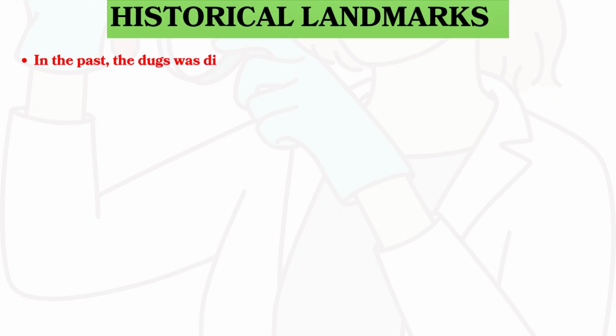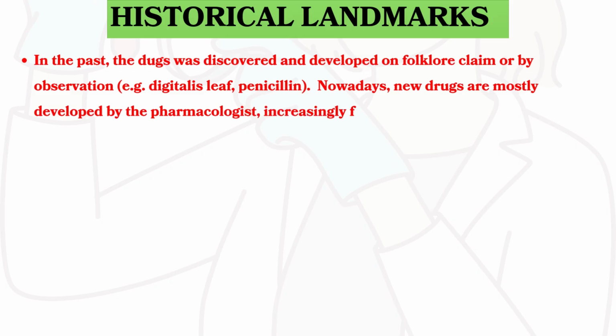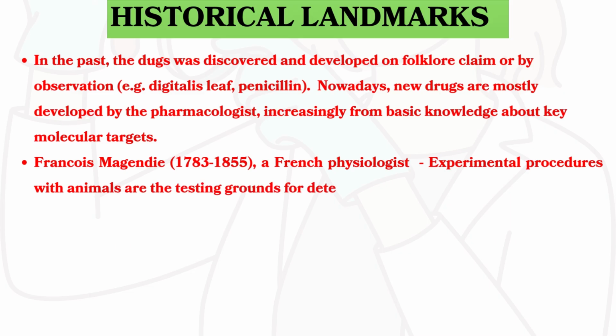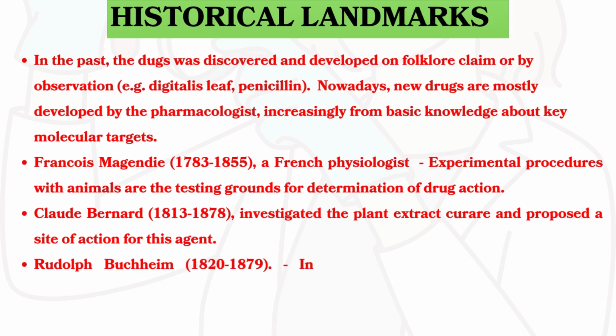Now we will look into historical landmarks of pharmacology. In the past, drugs were discovered and developed on folklore claims or by observations, such as digitalis leaf and penicillin. Nowadays, new drugs are mostly developed by pharmacologists, increasingly from basic knowledge about key molecular targets. A French physiologist, François Magendie, 1783 to 1855, showed that experimental procedures with animals are the testing grounds for determination of